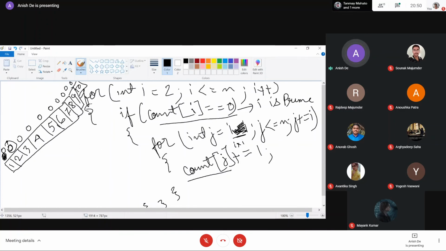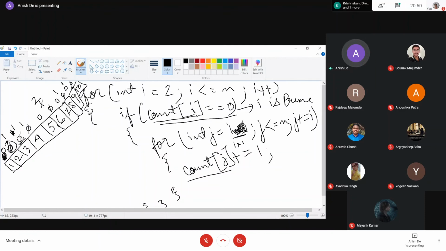We are starting from 2, so 2 is incremented by 1. Next multiple is 4, it gets incremented. 6 is incremented, 8 is incremented, 10 is incremented. Next we go to 3. So count of 3 is again 0, meaning 3 is a prime number here again. So 3 is incremented by 1. Now 6 is again incremented.